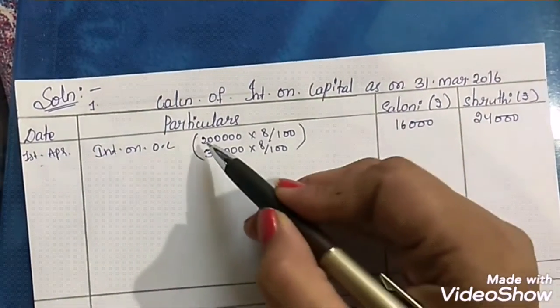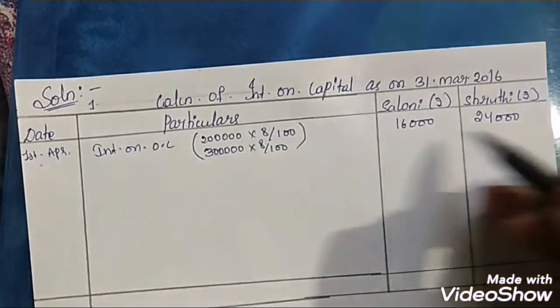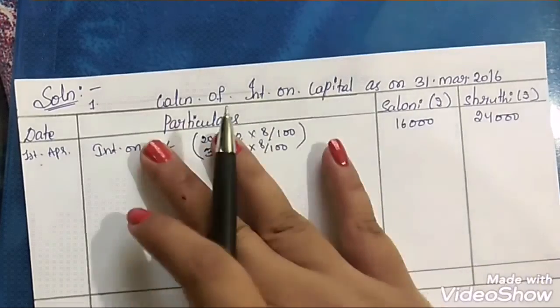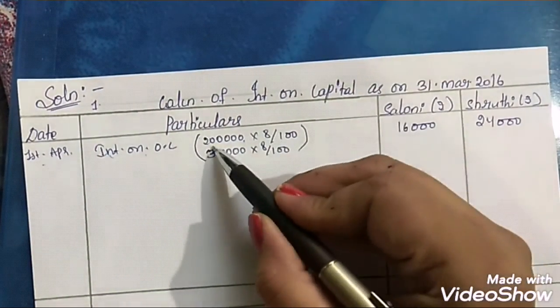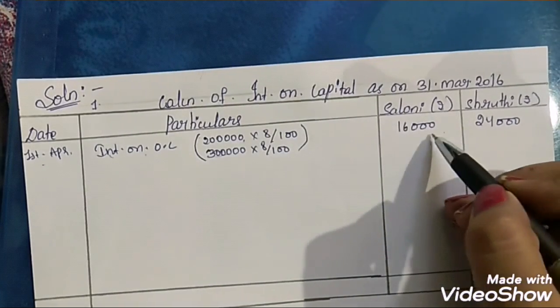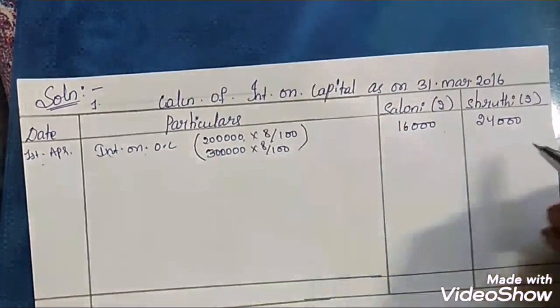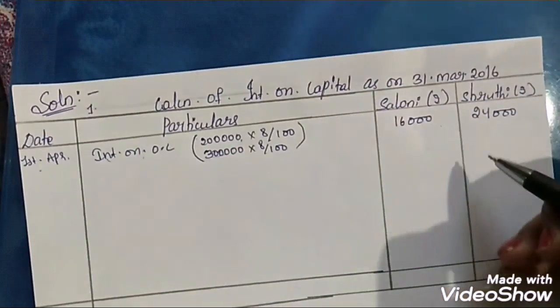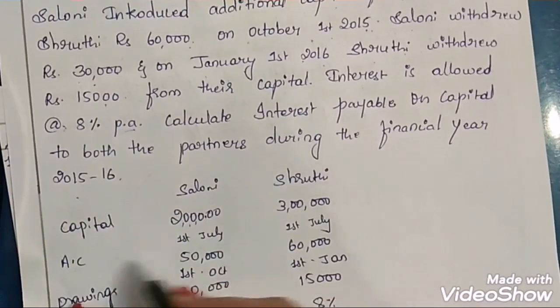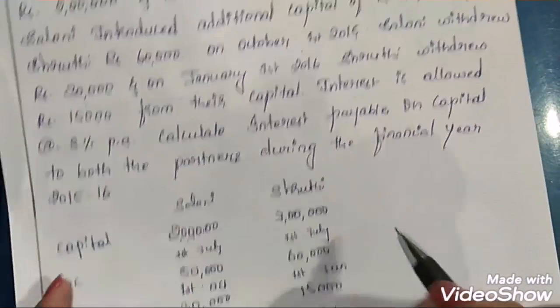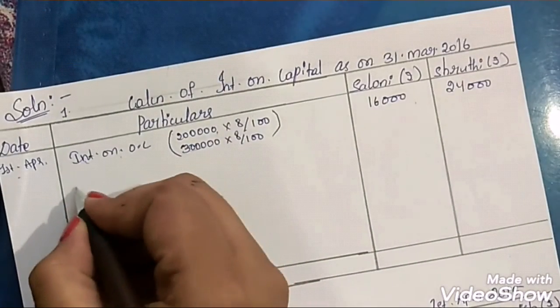Remember, do not take the full amount of capital here, because this is the capital and here we are just finding out the interest on capital. So interest on rupees 2 lakh is rupees 16,000 for Saloni and rupees 24,000 for Shruti. Okay, clear? Next, what we have to do, we have to add the additional capital. Here the dates are important. Okay, so we can add